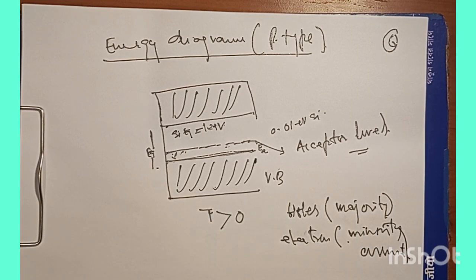So the point of discussion here is that when a suitable pentavalent impurity is added to pure germanium or silicon crystal, we get an extrinsic semiconductor known as N-type semiconductor. And when a suitable trivalent impurity is added to pure germanium or silicon, we are able to get the p-type semiconductor. That should be the point of distinction between a p-type semiconductor and